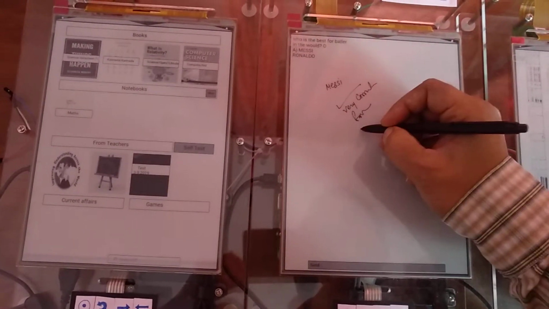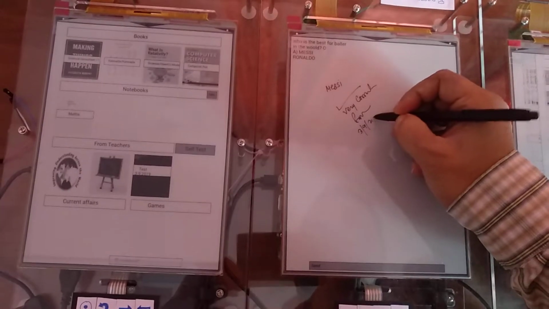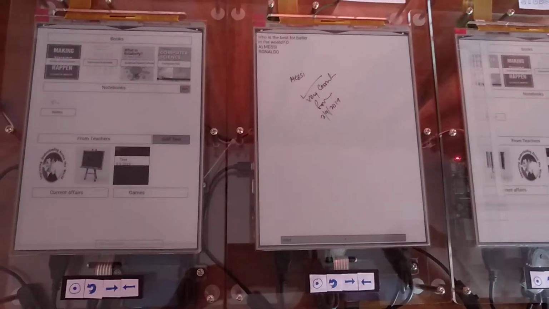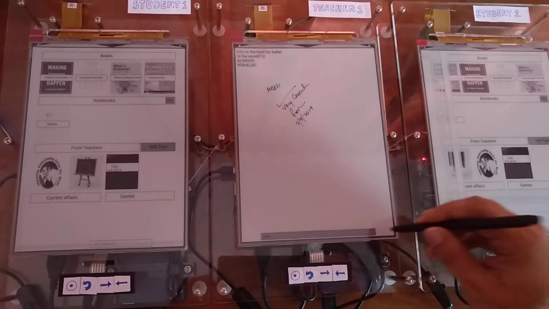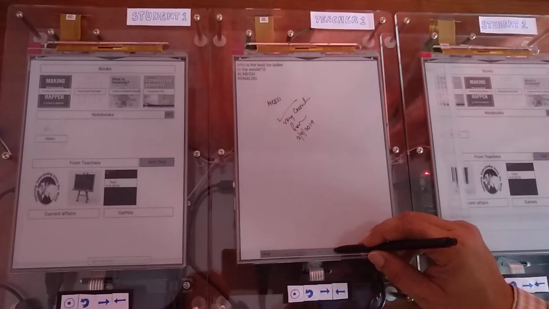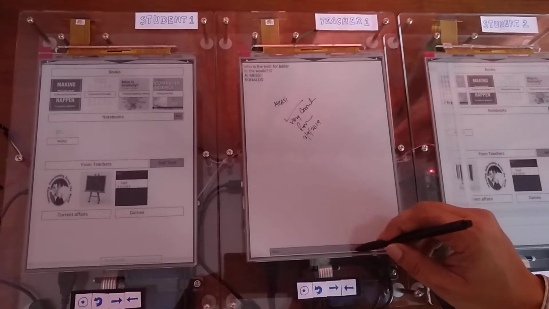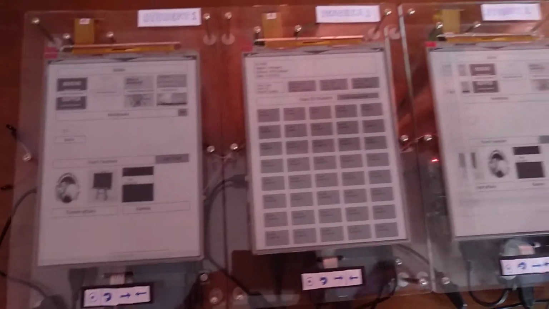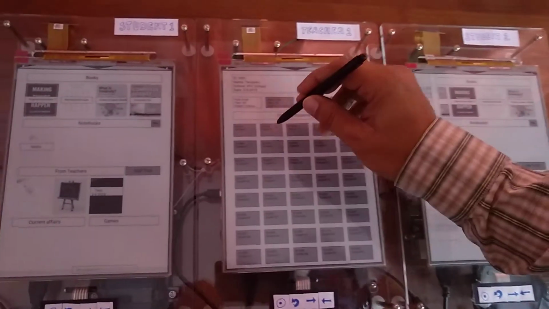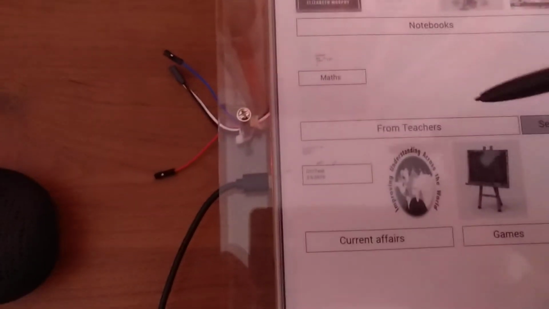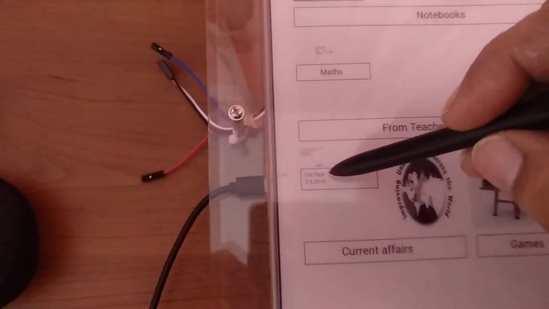Put a signature and maybe a date and say sent. Now, sometimes some bugs are there, so as you see it took some time, but in the meantime you can see the corrected page, whatever the teacher has corrected, has already appeared on student 1's device. So if you click on it,